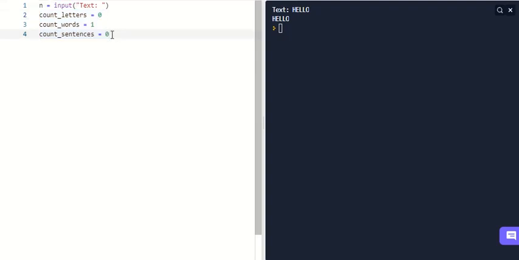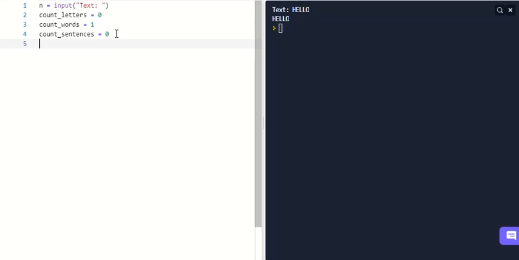Now we're going to be going into iterating on each character in the string, which means going through each character in the string and checking whether certain conditions match. Then it's going to iterate, which means adding 1 each time to the count. So we need to iterate through each character in the string, and